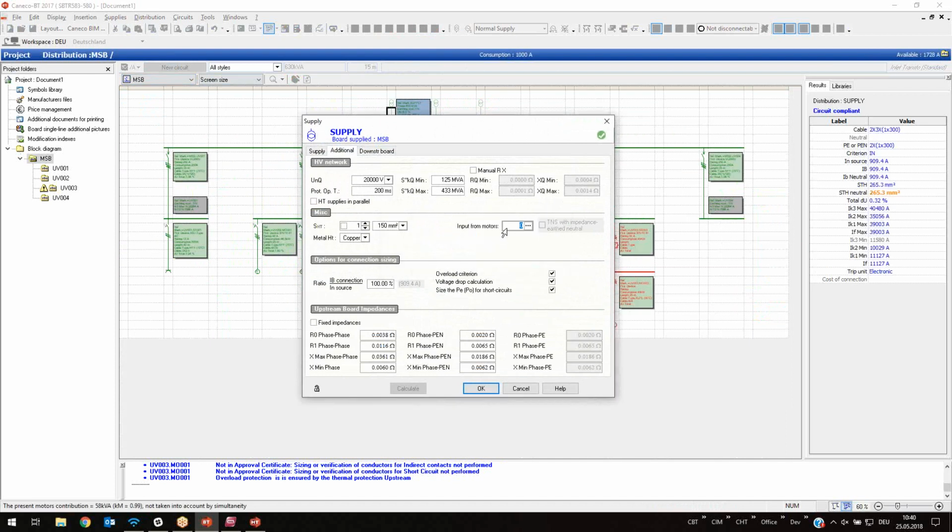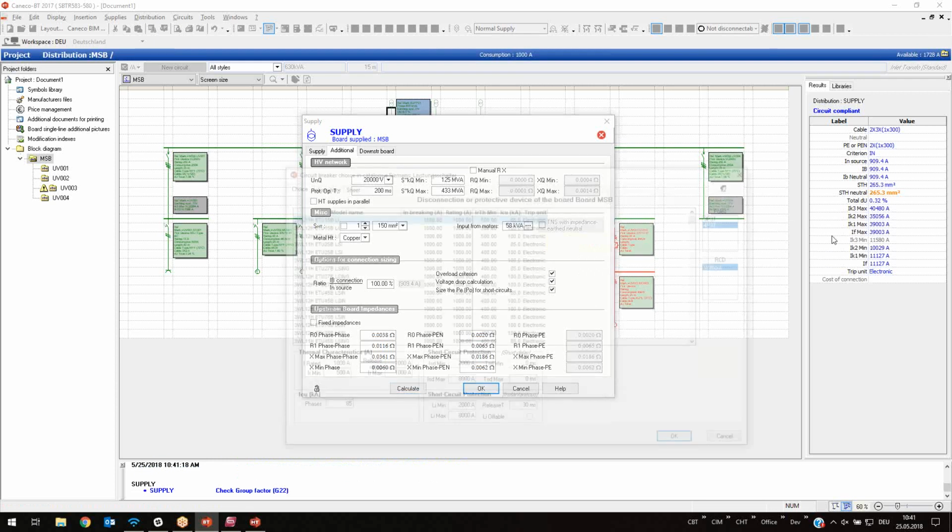So we can use this 58 kVA, and if we calculate with this value, you will see that the short circuit currents here will change just a little bit because it's not much. But we have here, for example, 10,029. And if I recalculate right now,